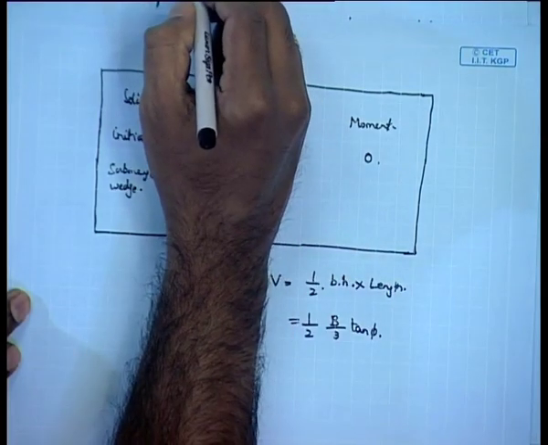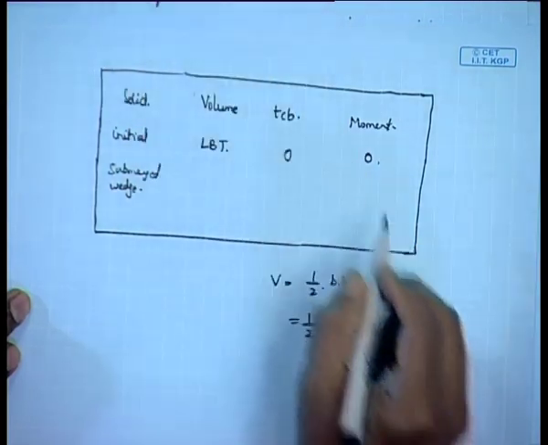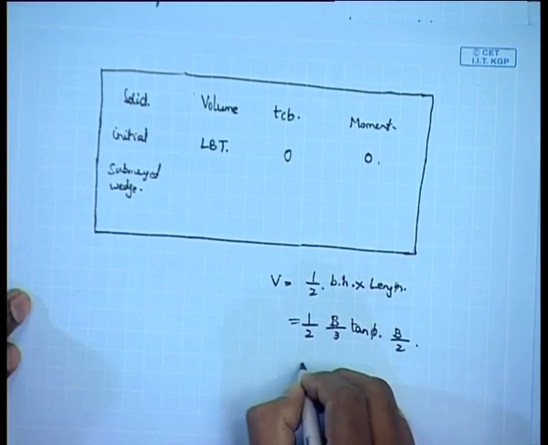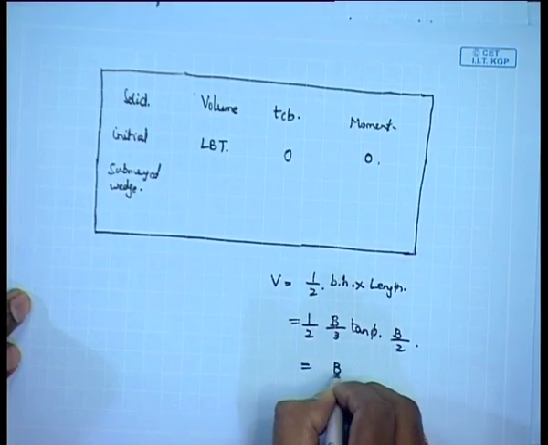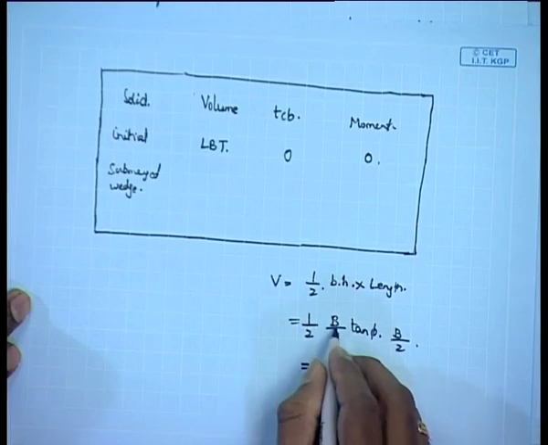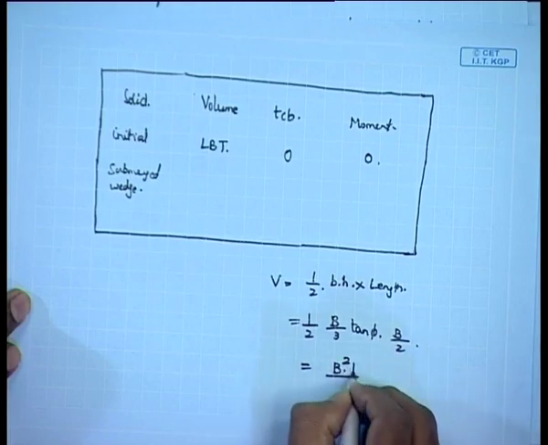Altitude is again this region, which is B by 2. So you get half base into altitude, B by 2,